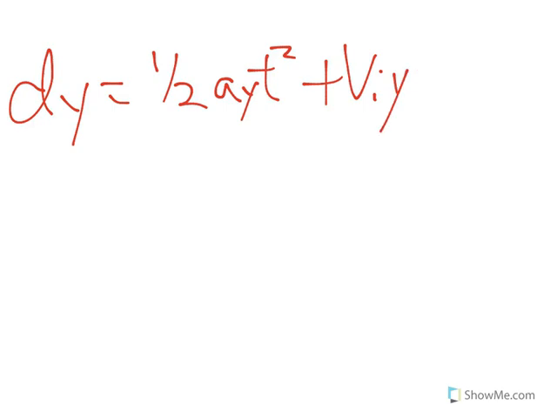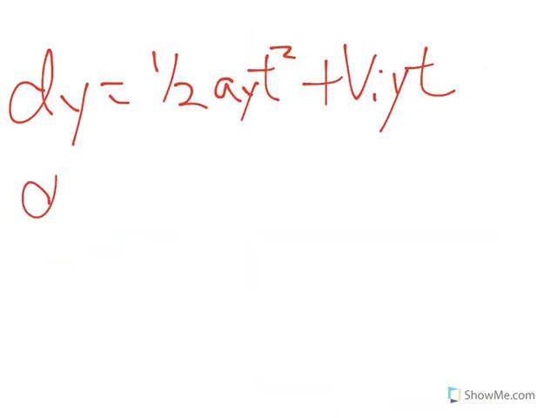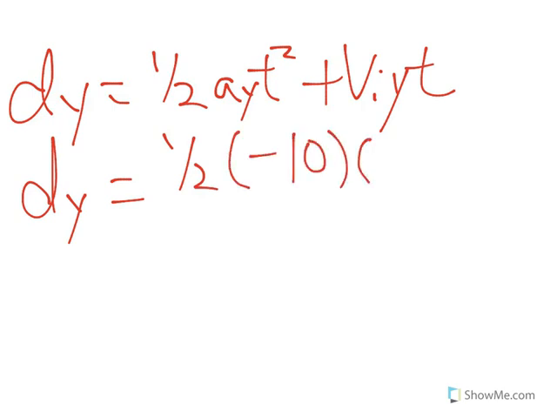And so if we'll remember, distance in the y is equal to 1/2 ay t squared plus viy t. Alright, now, what we do at this point is we'll plug in our numbers. If you'll remember, the time it took to hit the ground was 10 seconds. And remember, that's always the first thing. If you don't have it, that's what you solve for, but in this case we have it. So 1/2 times -10 times 10 squared. Okay? Plus,